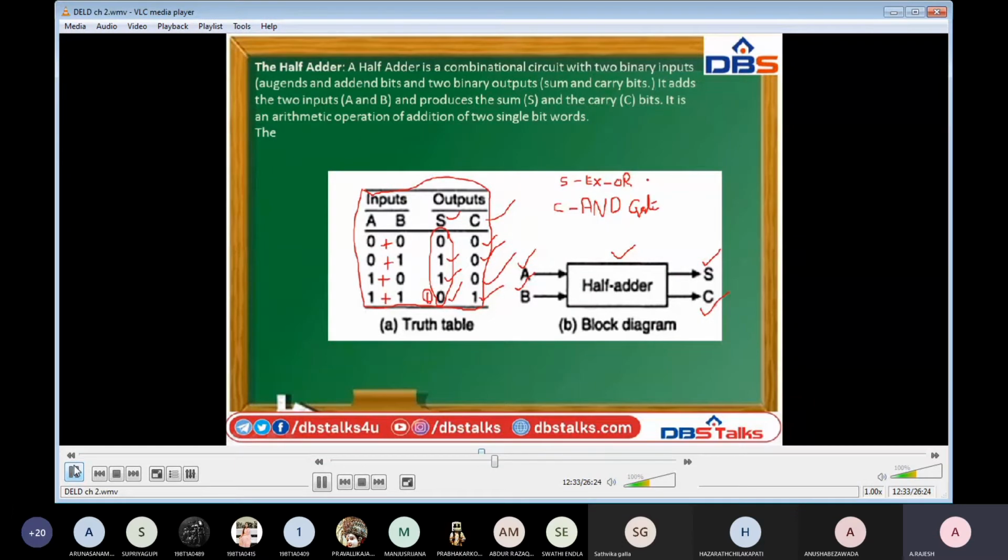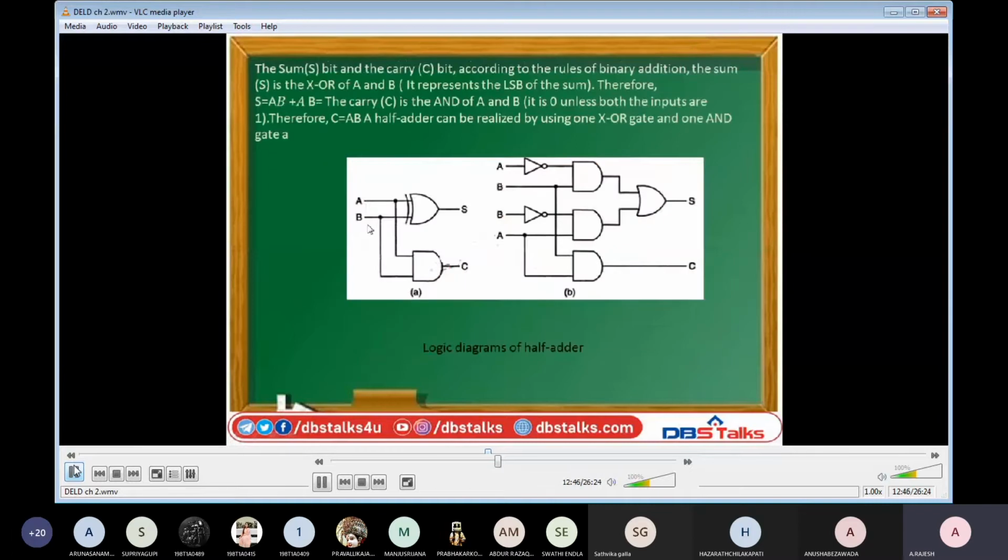Here also XOR gate. Okay, see how we have designed here. Here A and B are the two inputs, sum and carry are the two outputs for us. See here, they have given input A and B to the XOR gate, which produces the sum, and A and B are given to the AND gate, which produces the carry. Sum and carry. This is our logical circuit of a half adder.